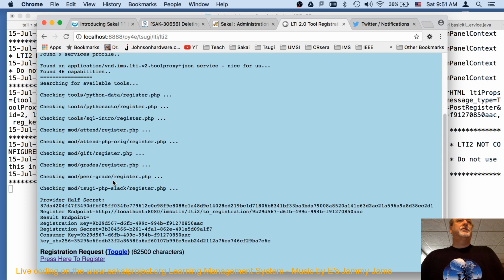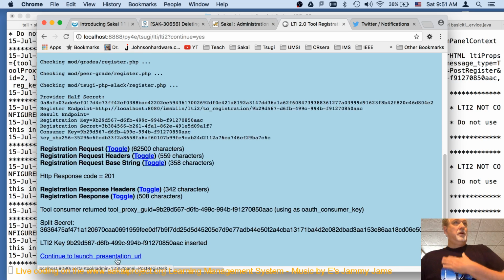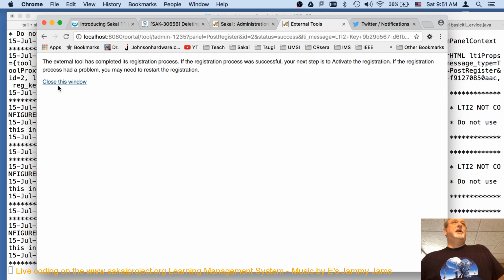Doing LTI2 registration. Now we're going to keep going. We're inside of my LTI2 provider. Continue back. Now we're coming back to Sakai.